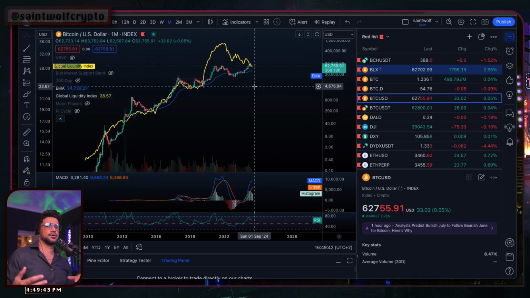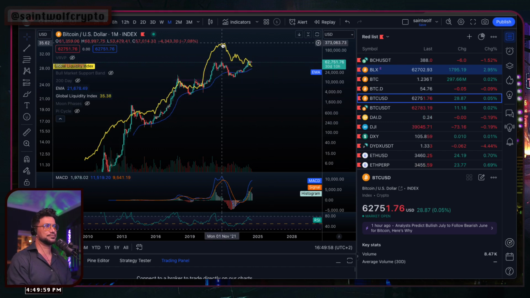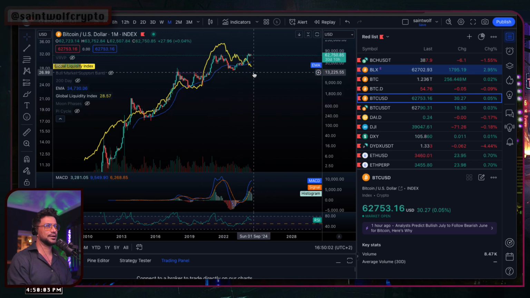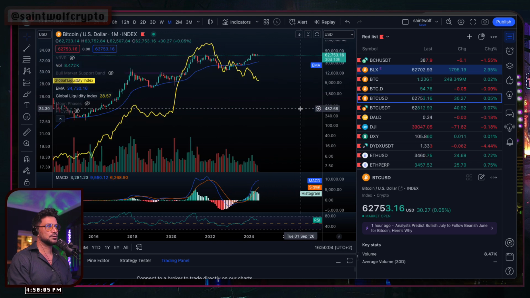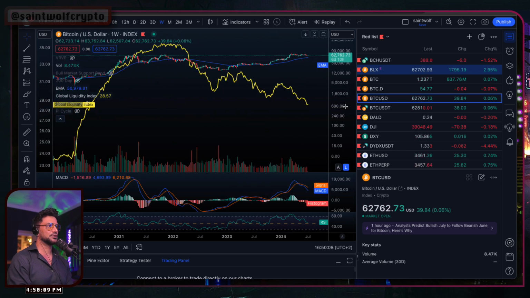Because remember, Bitcoin, you're looking at this price in dollars. So the dollar's getting weaker in this sense. Dollar's still the strongest asset on earth, but it's getting weaker in relation to every other currency. So of course, price of Bitcoin is going to go up in relation to it. So yeah, could this just be correcting now for the first time since they printed so much money and we're coming down to meet this? I don't know, guys. It's something to look at. We got to think about it as we go forward.